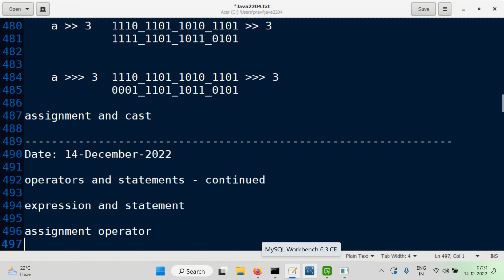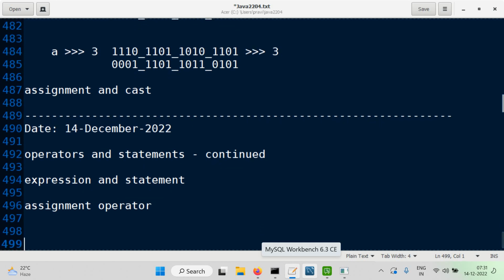Assignment is an operator and assignment is a statement also. It is used both as an expression as well as a statement. For example, you might have come across this: int a equal to 5, int b equals